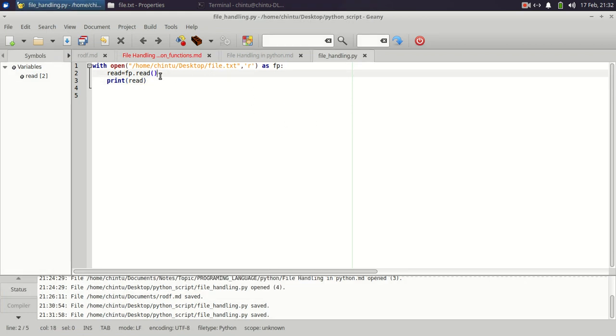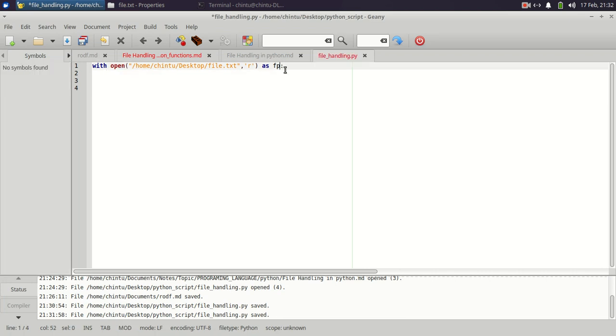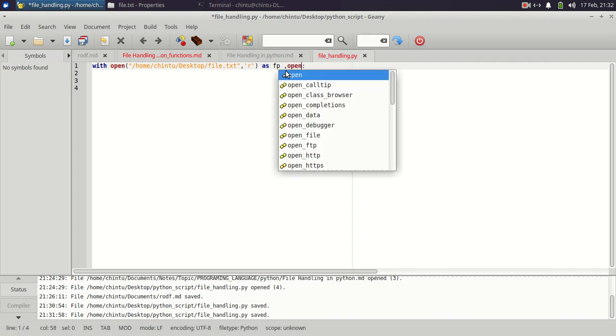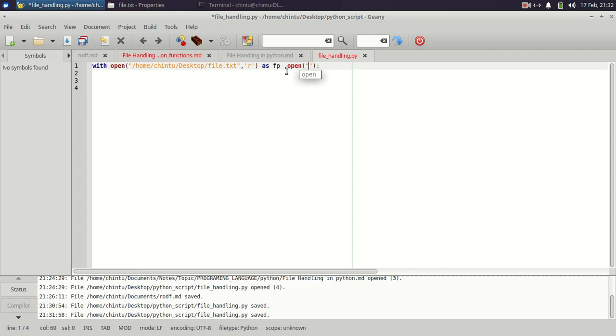Now we need to copy the content of the first file into a second file, which will be created by our program. Here is the open function with the second file location, file2.txt, and the write mode.